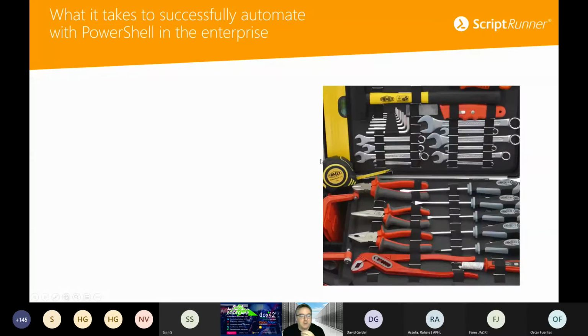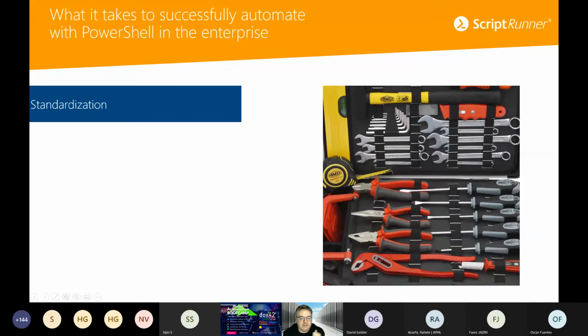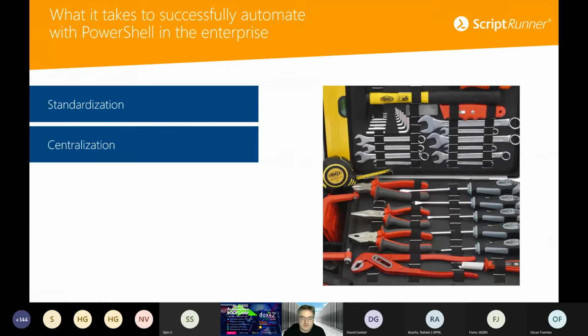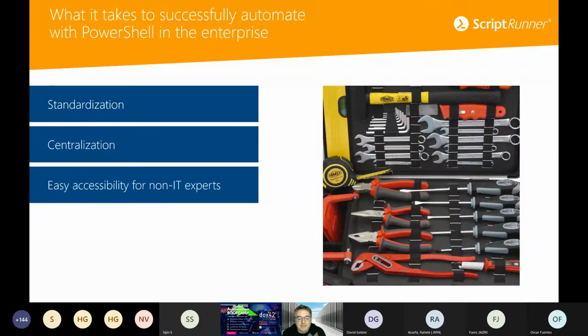Compared to the picture we just saw, with scripts everywhere and unorganized, it's about starting to standardize everything around PowerShell, to centralize all the different aspects of using PowerShell, having easy accessibility for people who are not into PowerShell,